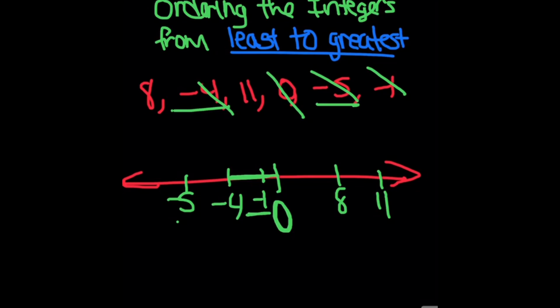So we've done ordering and comparing integers. Hopefully this video helped you better understand how integers work. The main point was comparing negatives with negatives, because it can get a little tricky. But number lines will always help you to visualize, and especially if you're